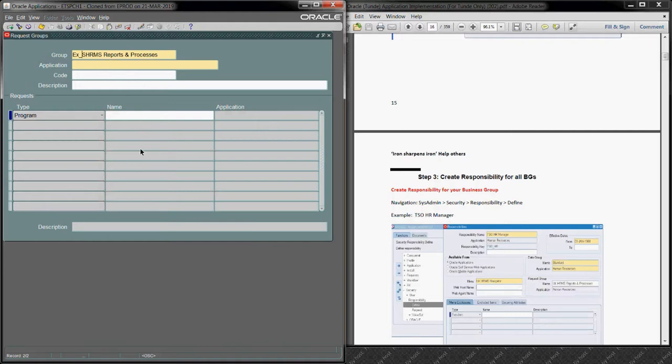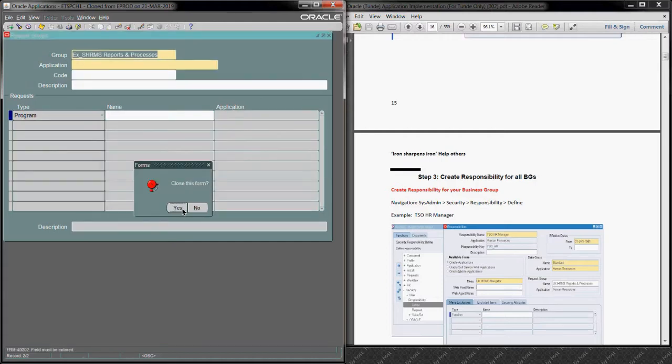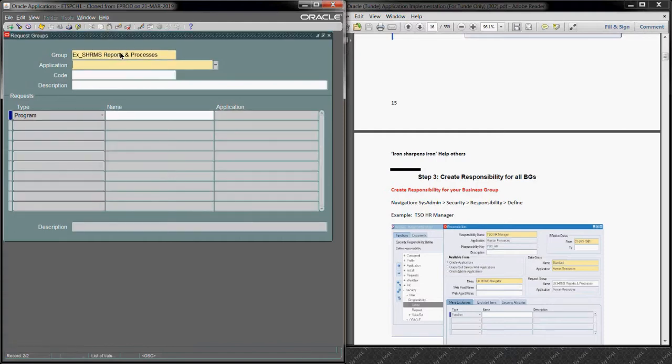If anything changes, I'll add everything which Oracle has added, because maybe my company will need it. So if anything changes with the standard one, it will not affect me because mine is in isolation. That's why it's always good to have a new one. So yeah, that's the way request groups go. And this actually, if I go back again, let me go out,